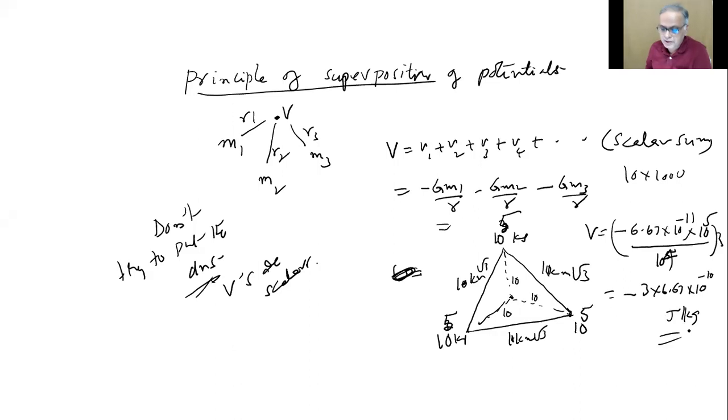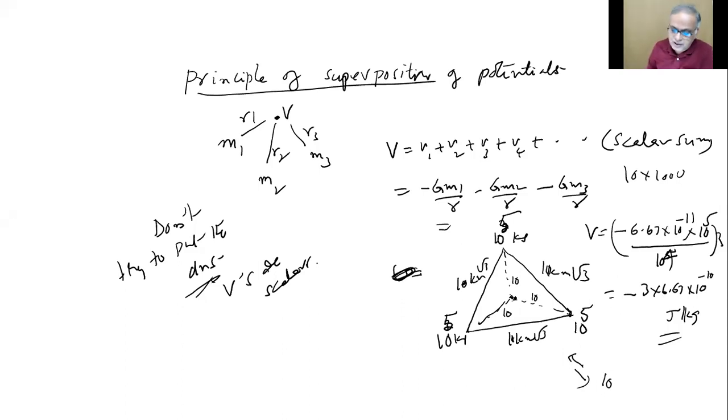What is the meaning of it, children? There was 1 kg mass at infinity. So some external agent is bringing it against the gravitational attraction, which means these masses will try to pull it. I'll hold it back and go with a slow, constant speed and place it here. So I'll be doing so much of work. If I brought 10 kgs, 10 into this will be the work, which is the potential energy of this point mass here.